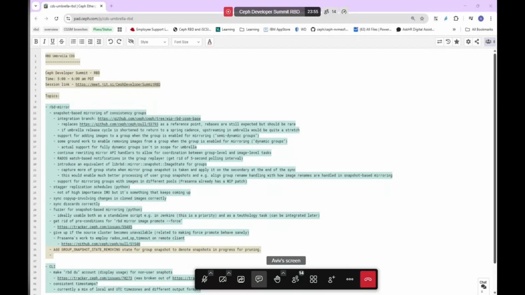So that completes the list of topics that are specific to snapshot-based mirroring of consistency groups. The rest is still related, but technically falls outside of that because it either touches something else in the rest of the RBD ecosystem, or